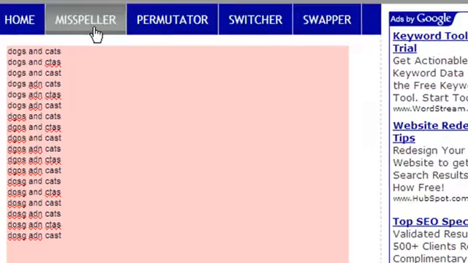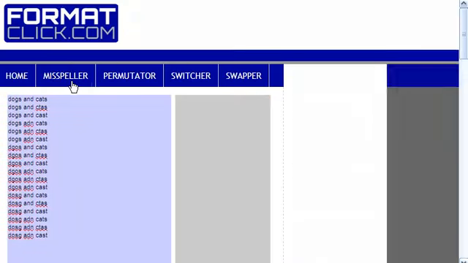What the program does is go through all the different ways that two letters could be transposed to try and find most of the ways that someone could potentially mistype a word as they're putting it in, for example, when they're doing a search. Again, if you wanted to transfer that information into the Misspeller, you'll see that it automatically